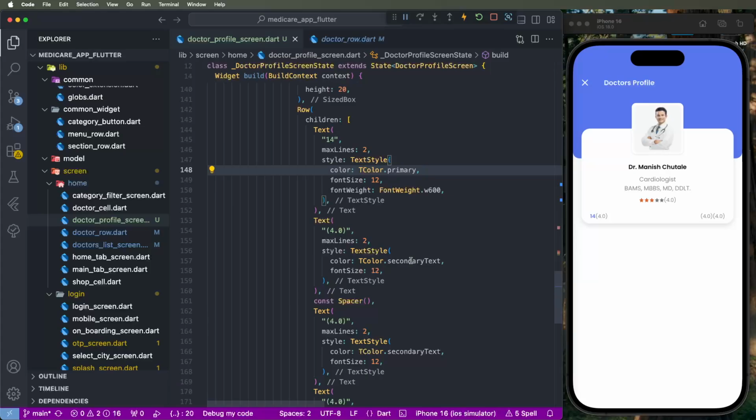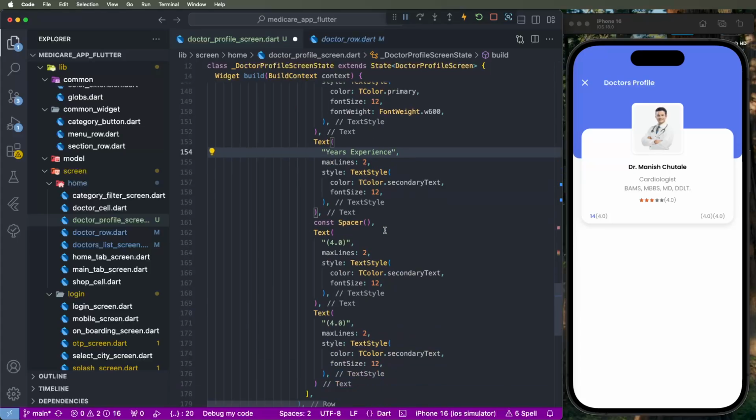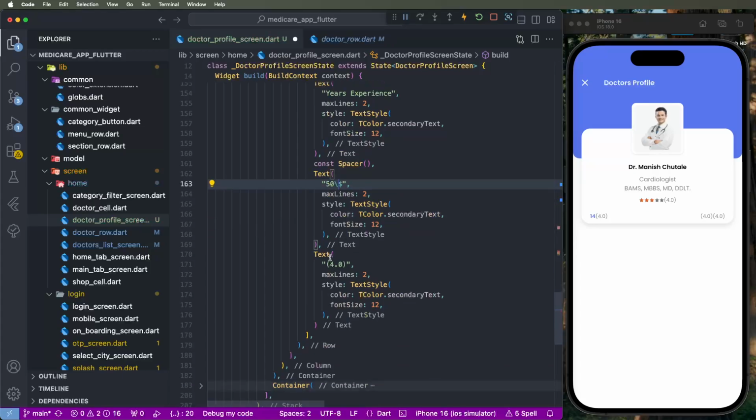Now need to set the years experience, 14 years experience, and now we need to show here the $15, and we need to set the fees, and now need to set the primary colors and look like this. Need to increase the font size, 14 is good,